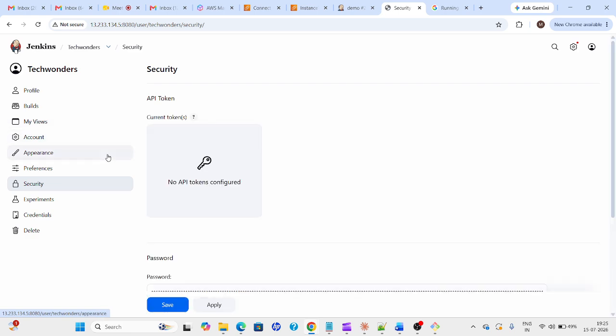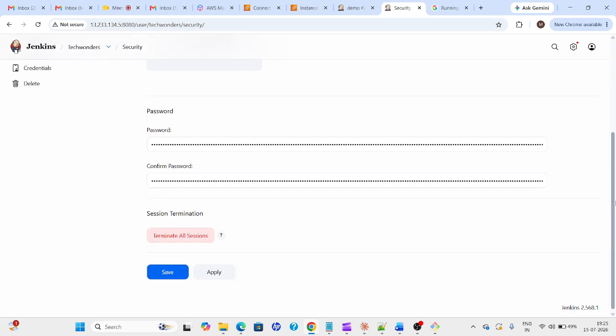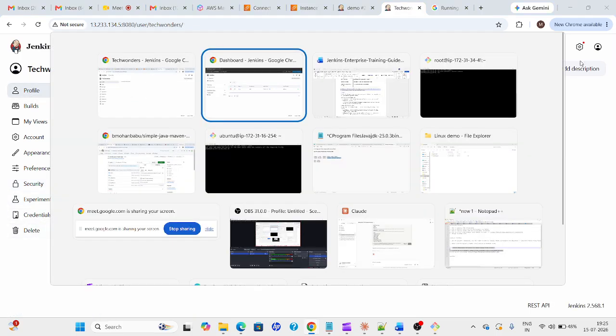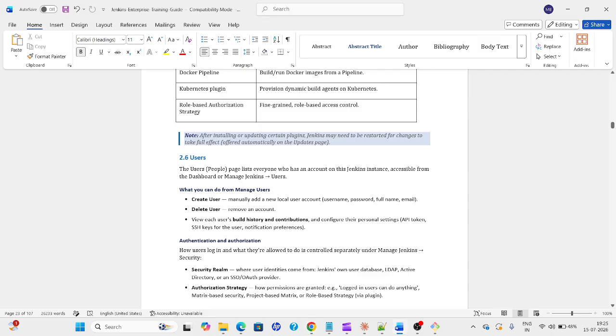Credentials, security, so API token, passwords, terminate all sessions. If you want to terminate the sessions, everything we can find out for that particular user. And if you want to delete the user, you can delete it. So that is how you can create a user, and all the users list also we can see under manage